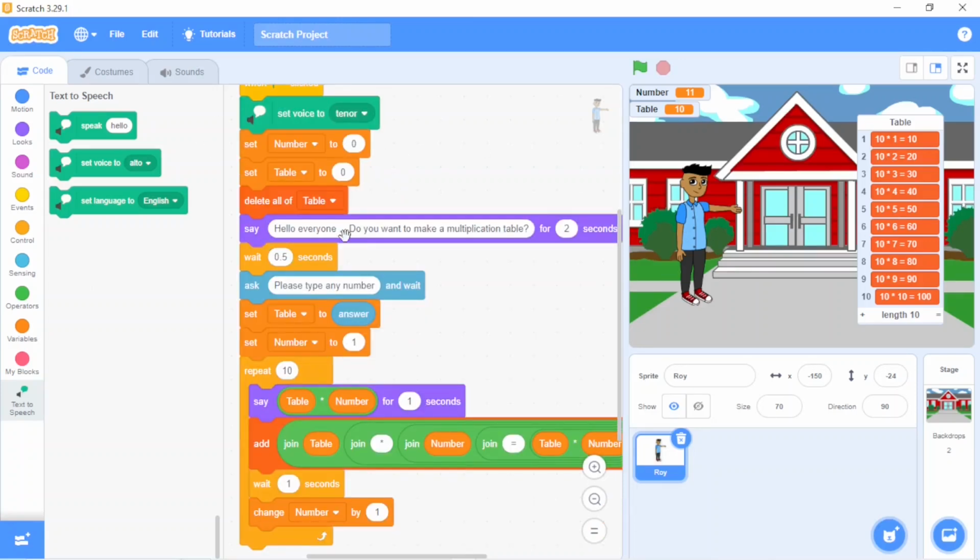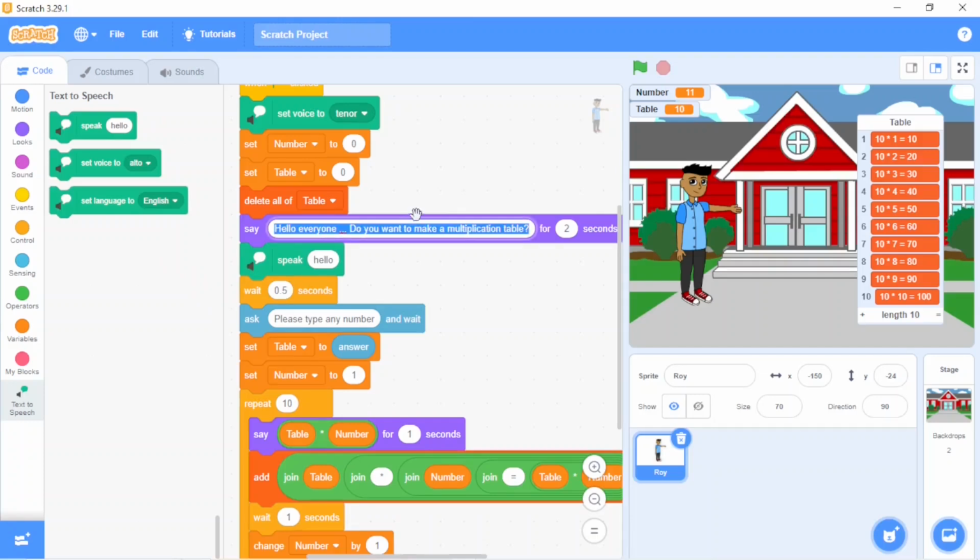And after say hello, a multiplication table, I'll take speak and I will copy this text, press Ctrl C so that it could copy. And now Ctrl V for paste.